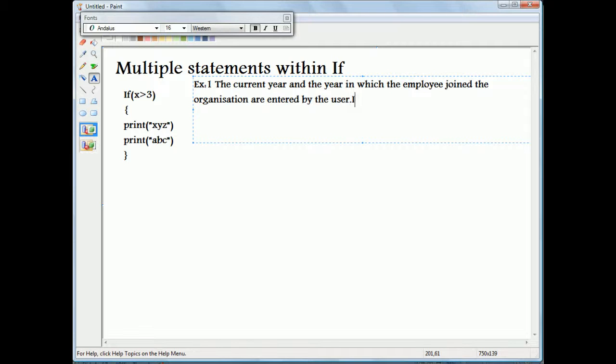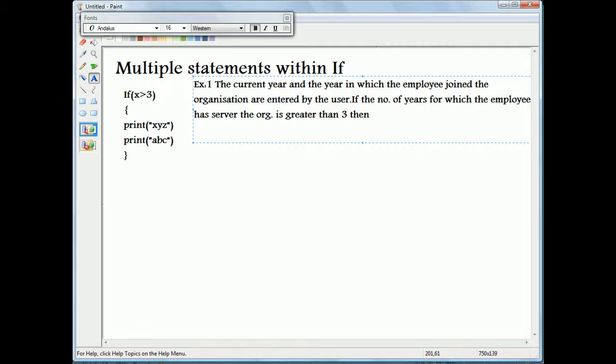And we are checking if the number of years for which the employee has served the organization is greater than 3,